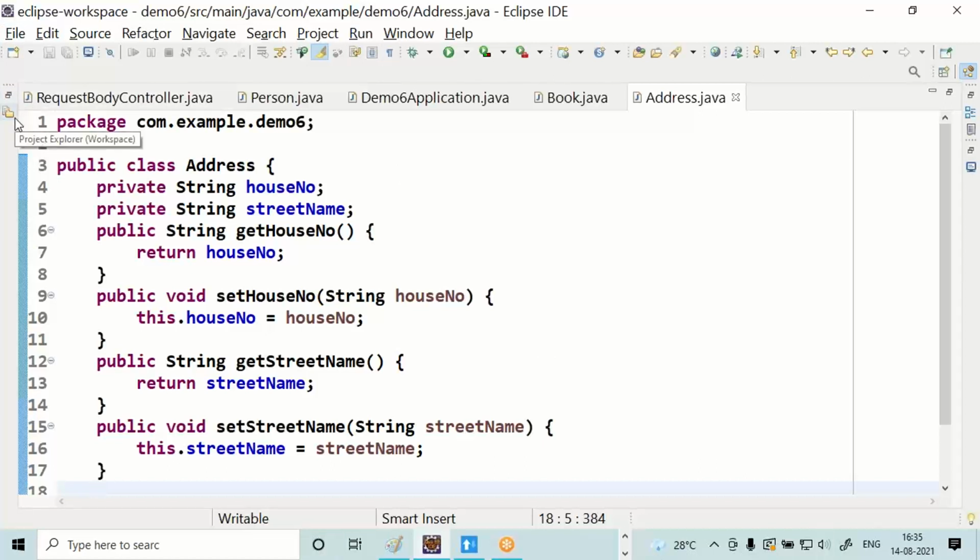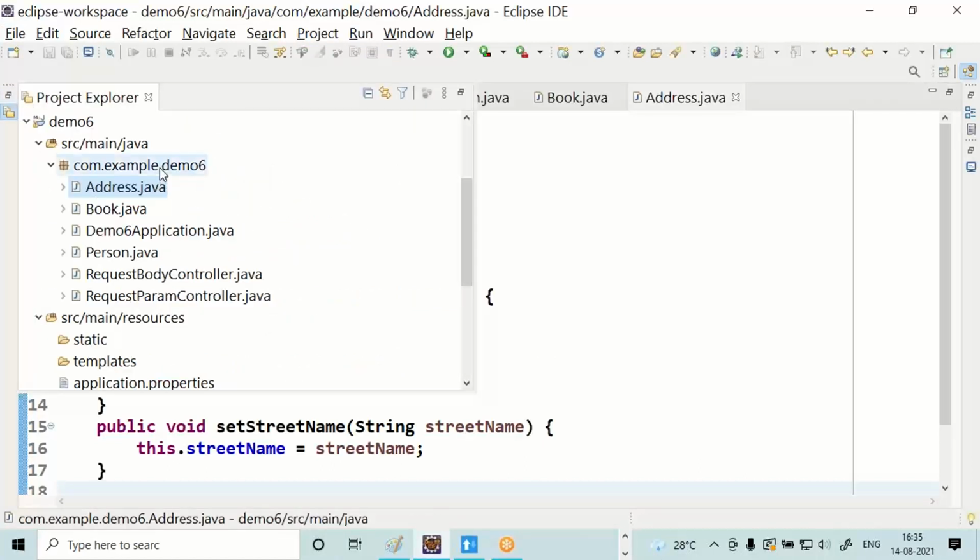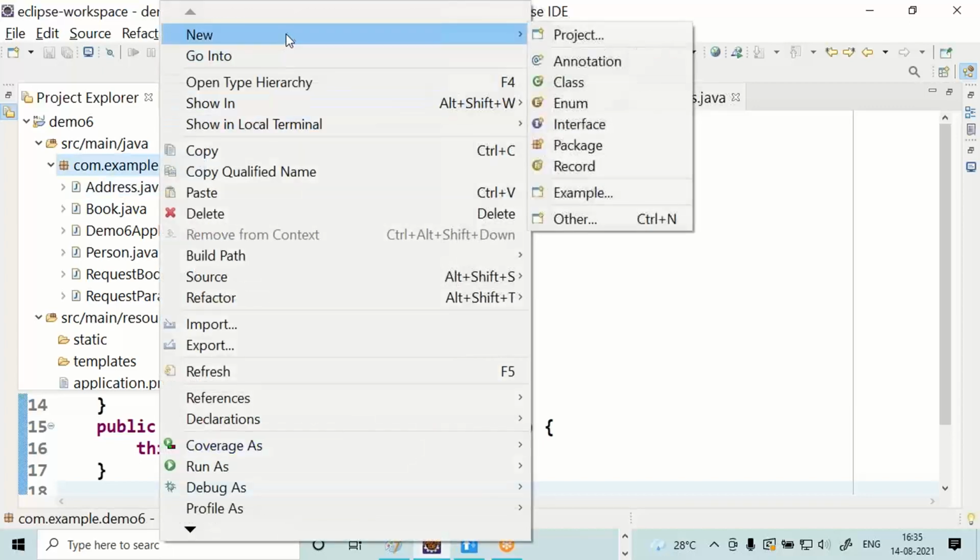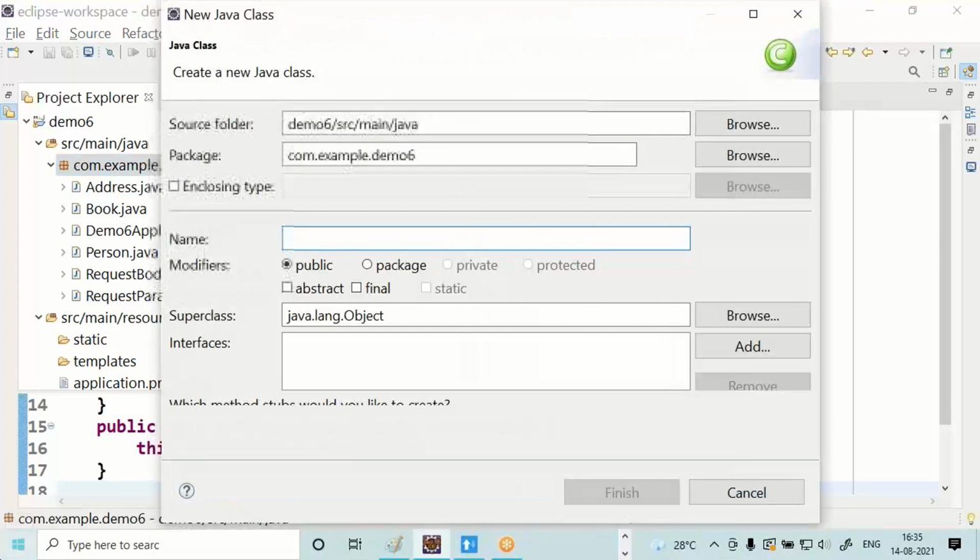Let's go for the Student class. You know very well about developing a bean class.